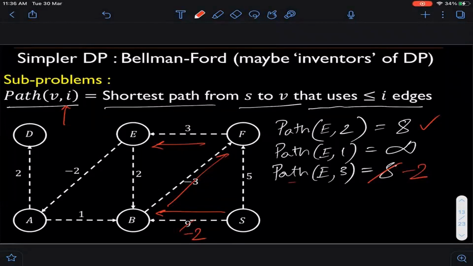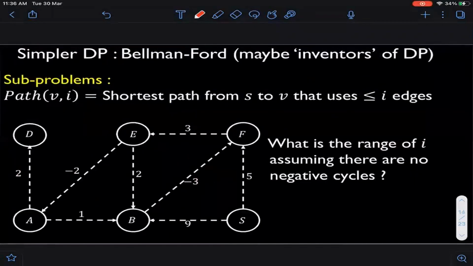Okay, so let's see how all that happens. Even before going into that, here is a question. Remember, when you write your exams, I always insist that you should write the range of your parameters. We wrote P_i, so what is i? Does i go from 0 to n, or k to n? You should write it properly, what the range should be. So let's ask the following question: what is the effective range of i?